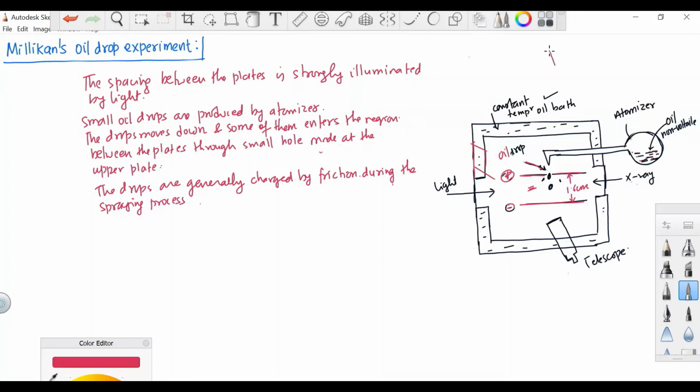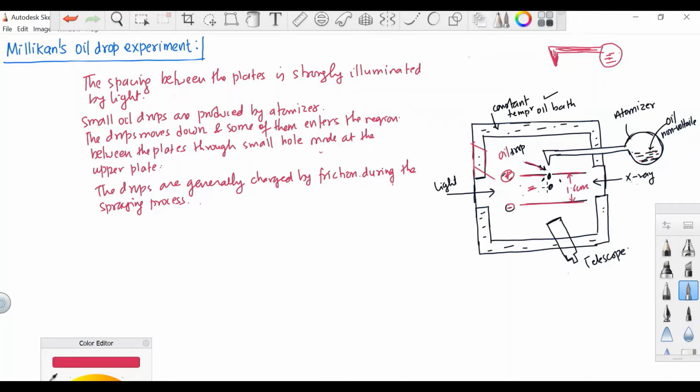Because if we look into this diagram, let's say this is the atomizer, and when the oil is sprayed with the help of the atomizer, due to the friction between the surface of the atomizer and oil, the oil drops get charged by friction, and since the X-ray is passed inside the chamber,